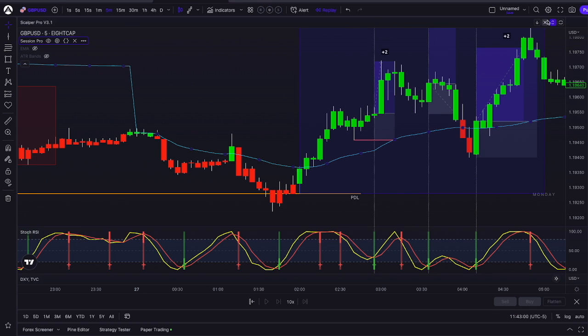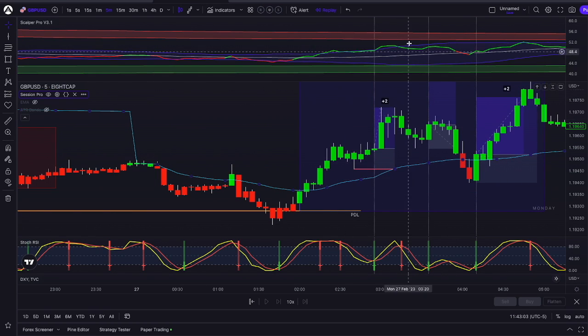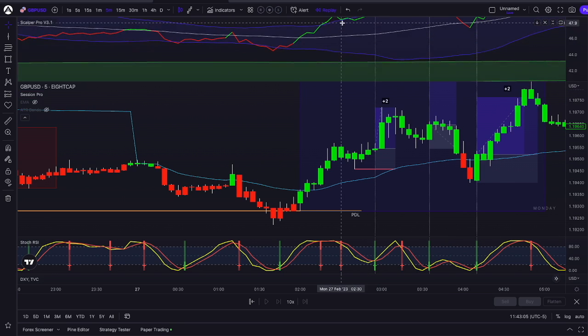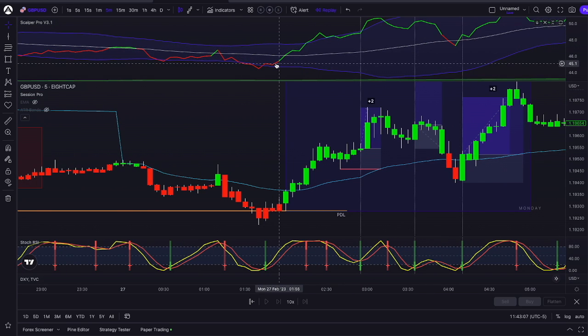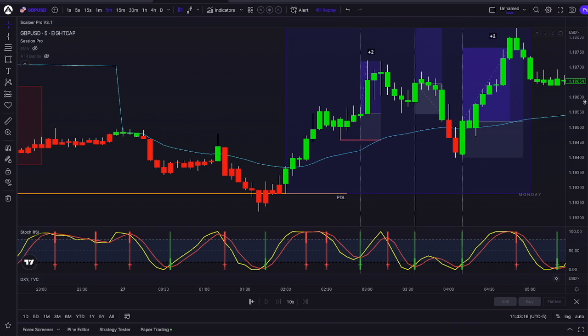So if we open up the Scalper Pro up here, that's where those candle colors come from. We see the Scalper Pro is colored in green since this candle close, the first green candle. Because I don't like to have too much on my chart, I usually collapse this indicator, the Scalper